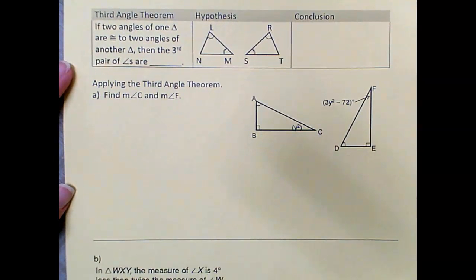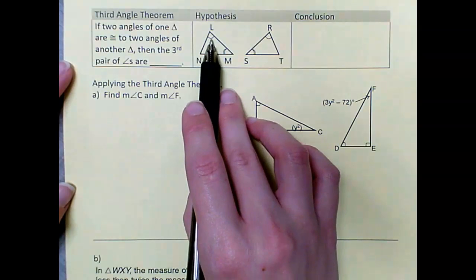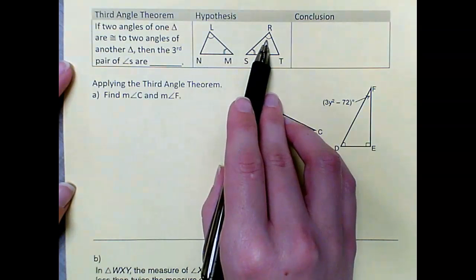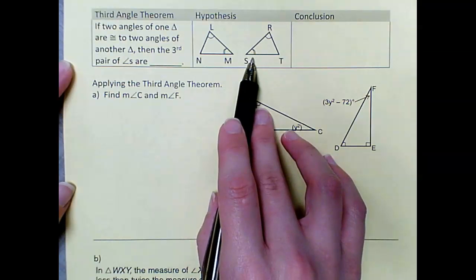All right, our last page of notes today. We get to talk about the third angle theorem. The third angle theorem says if two angles of one triangle are congruent, so we've got angle L and angle R congruent to each other, angle M and angle S congruent to each other. So if two angles of